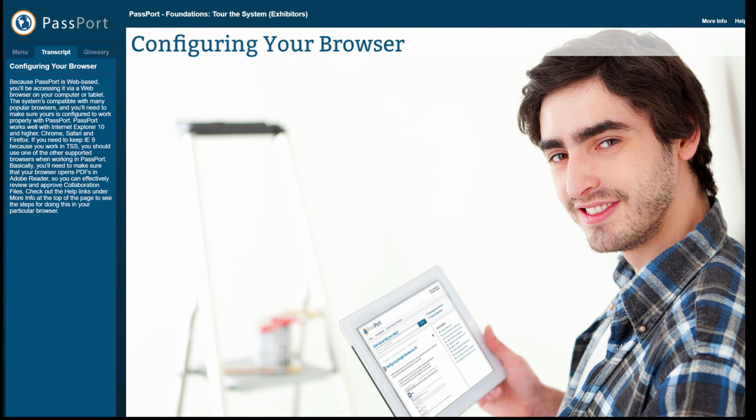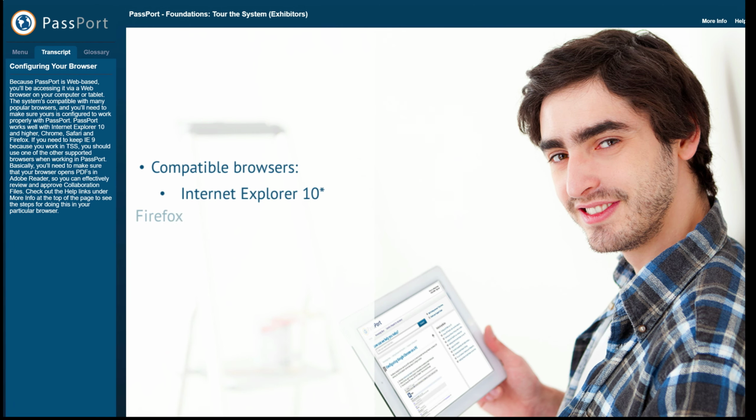Because Passport is web-based, you'll be accessing it via a web browser on your computer or tablet. The system's compatible with many popular browsers, and you'll need to make sure yours is configured to work properly with Passport. Passport works well with Internet Explorer 10 and higher, Chrome, Safari, and Firefox. If you need to keep IE9 because you work in TSS, you should use one of the other supported browsers